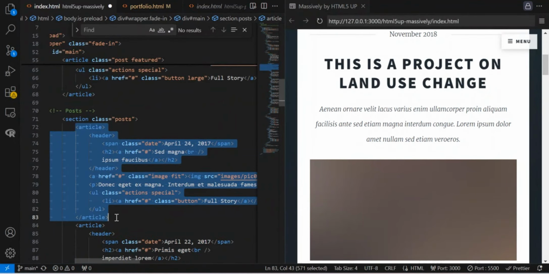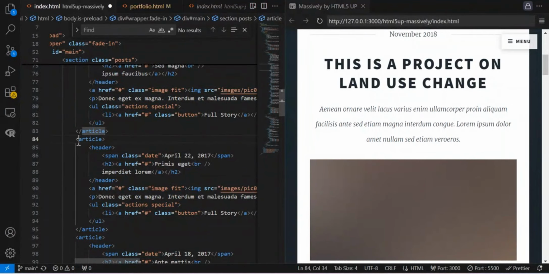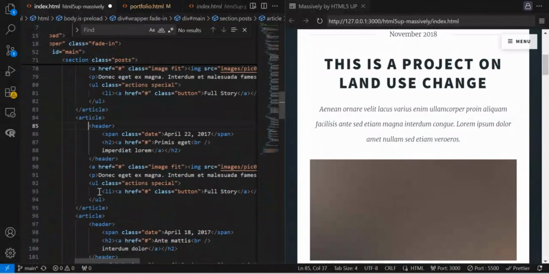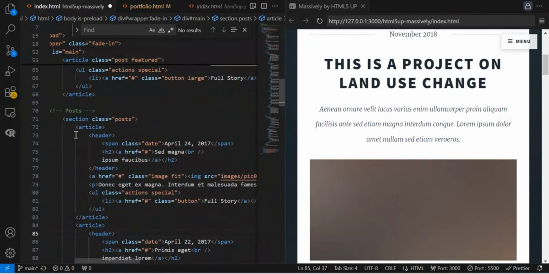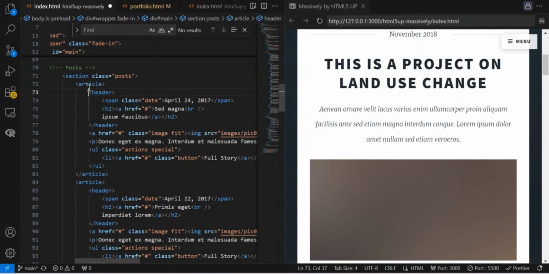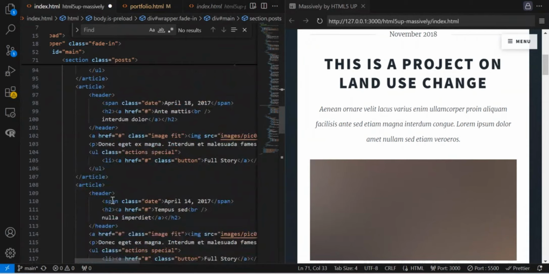So once you copy this, the end and then the beginning, then you also paste it from the beginning to the end. And always make sure that they are following in that order. Sometimes the indentation can be a little bit tricky, so make sure that if you are copying and pasting, it is just right beneath the article, as well as beneath the section that you already declared here.